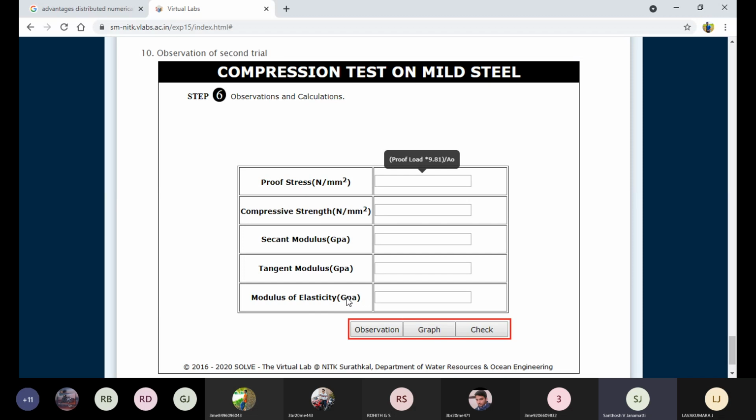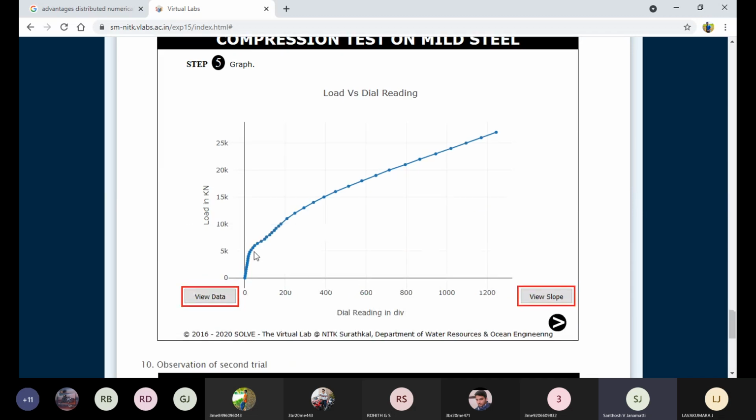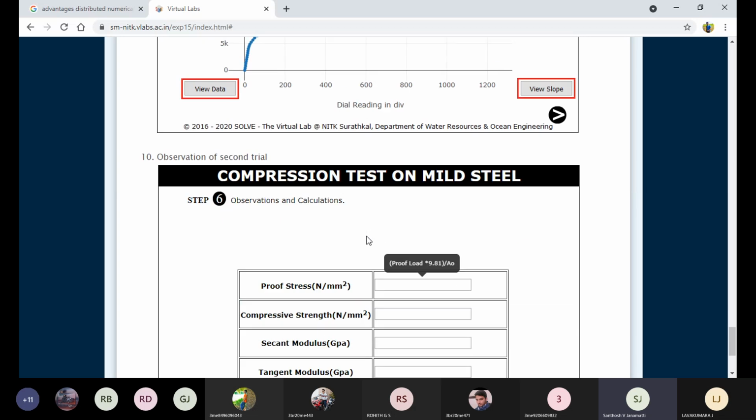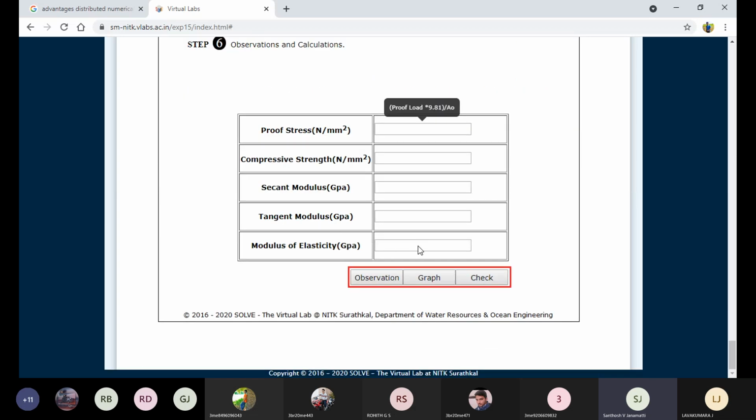Young's modulus is equal to stress by strain. By applying the slope, here we are getting the straight line. So here you need to apply the slope, right? Once you apply the slope, with the help of the slope you can take the stress values and strain values. Stress by strain is equal to Young's modulus. And we only focus on this compression strength.